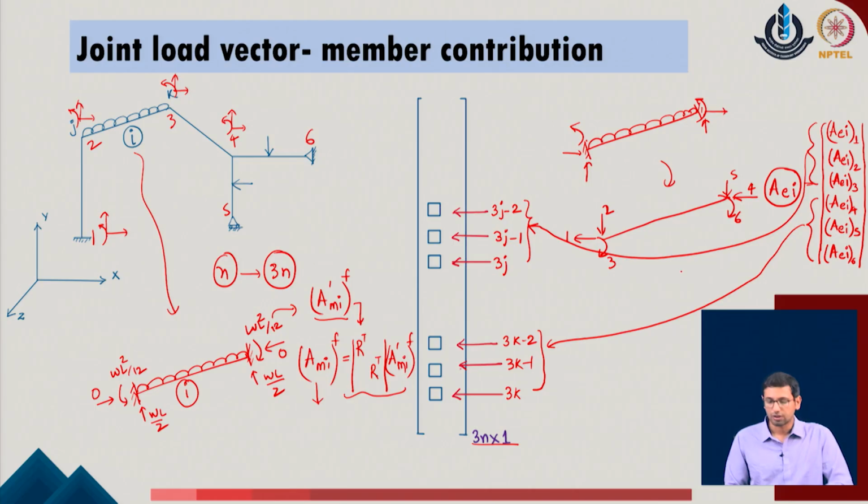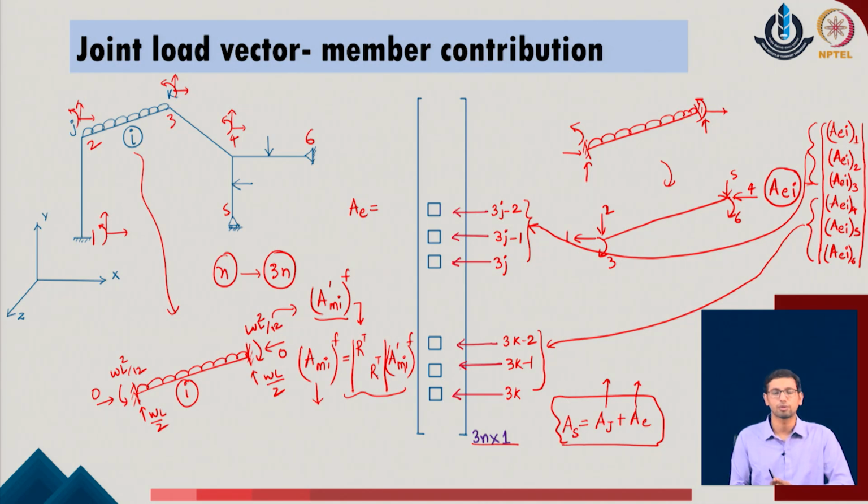The overall load contribution which we get for the given system, the equivalent joint load, is the summation with respect to all the degrees of freedom of the given problem, built from the individual contributions defined by each of the members. Once we are done with this, we define that the total contribution of the load, which is the A of S, is equal to A of J plus A of E in the given problem. This means that the loads which are directly active at the joints have already contributed their values. The loads considered as equivalent joint loads have also been evaluated through the identification of the individual member contributions, and finally this is the total value of the load vector which we get for the overall problem.